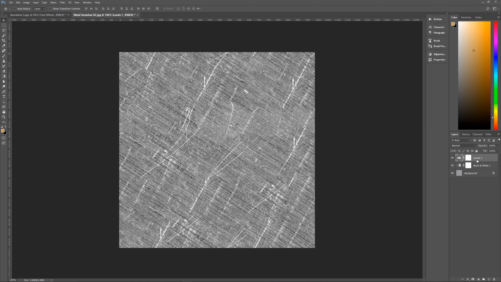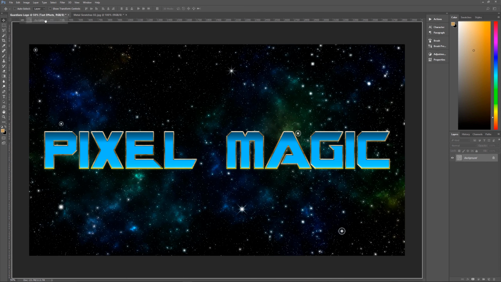Okay, once we have that, all that we need to do is we need to merge all of these layers down and then copy this scratched metal texture to our Guardian logo file. So let's merge these down by hitting Control, Shift, and the letter E on your keyboard, and you can see that it is now all merged down into just one layer. And then what we want to do is we want to copy this to our Guardians or our text image document. So let's just drag this over and hover over our original image, and let's just drop it right here